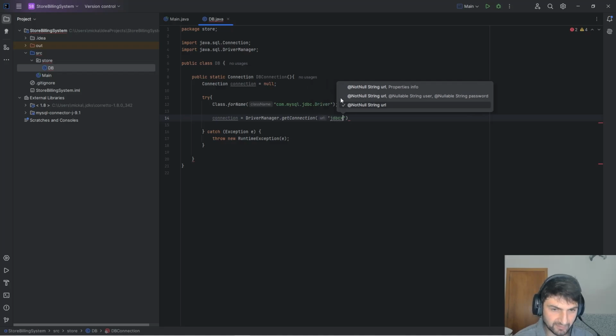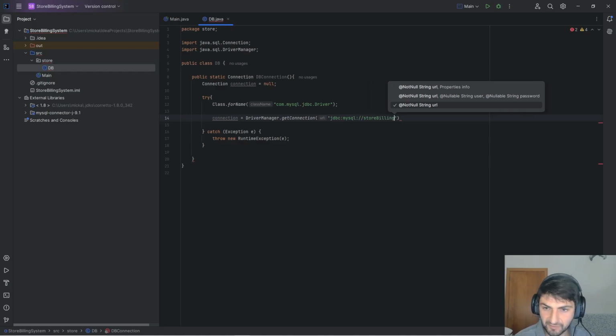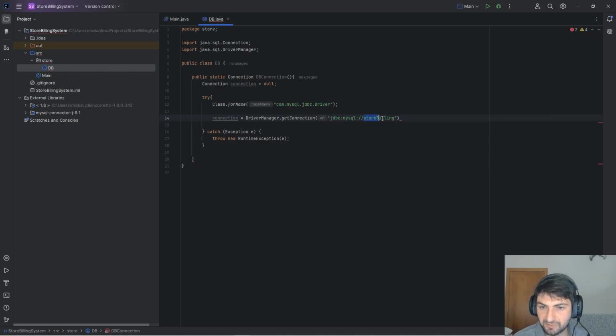So jdbc MySQL store in here on this line. First you need to put the name that you created for your database. So in my case it's store building DB,